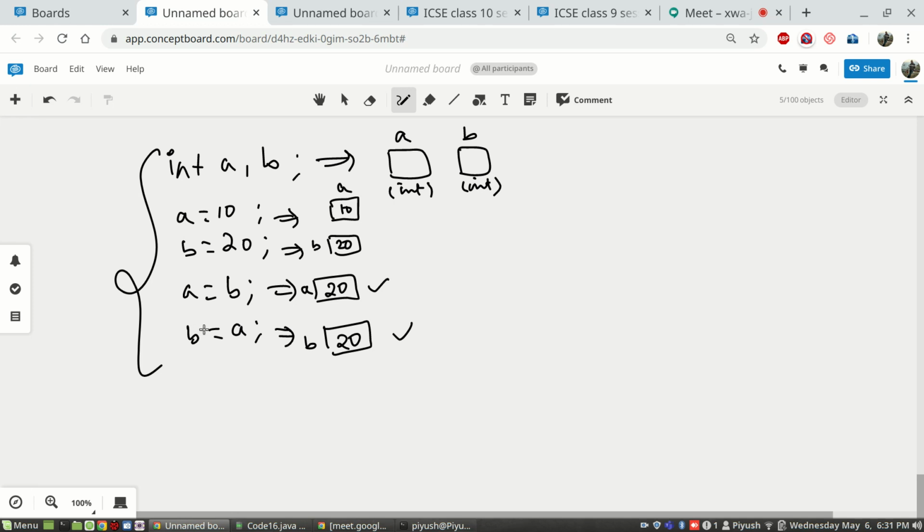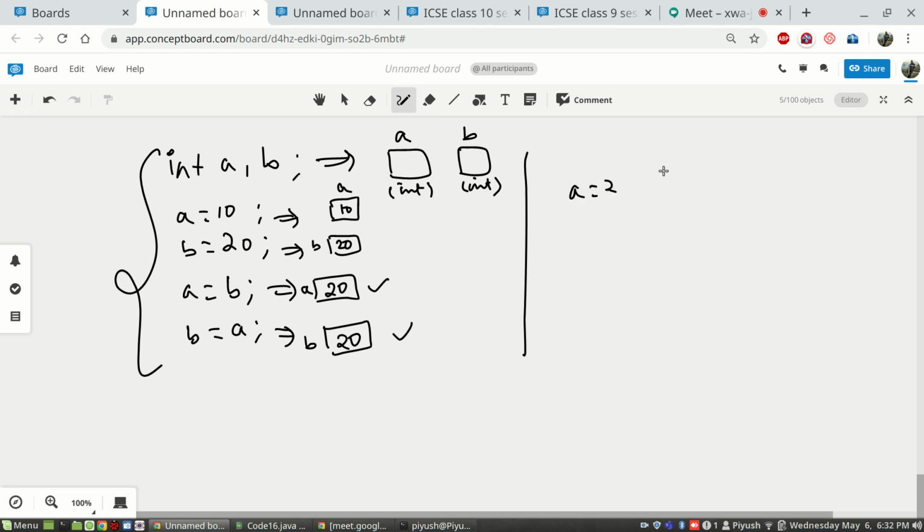So this did not interchange, rather it made both the variables contain the same values. Because the moment you did A is equals to B, the contents of both A and B became the same. Next time when you are writing B is equals to A, the same thing is being replaced and then going back inside B again. So both will become the same thing. That is what is happening here.